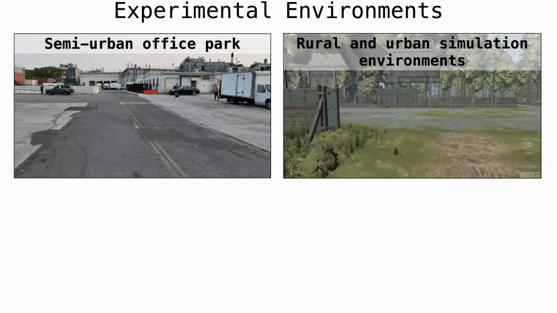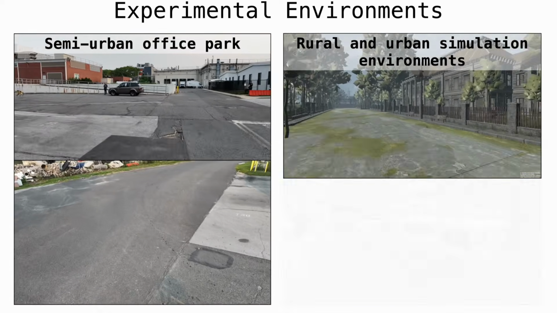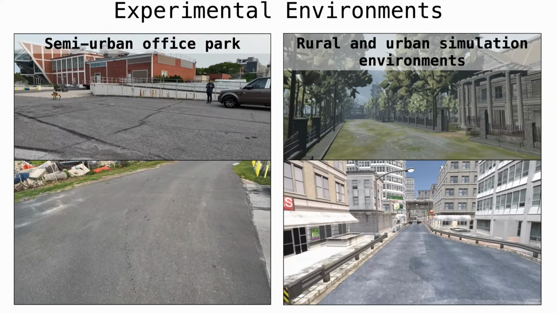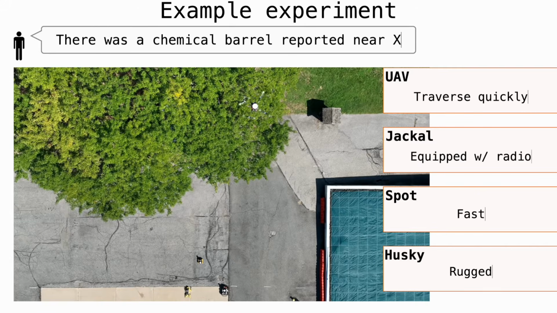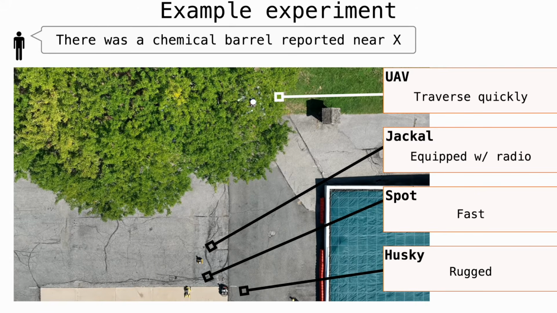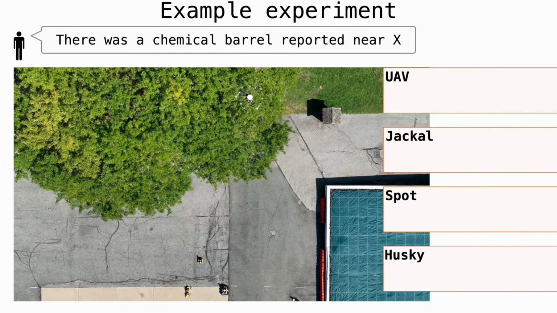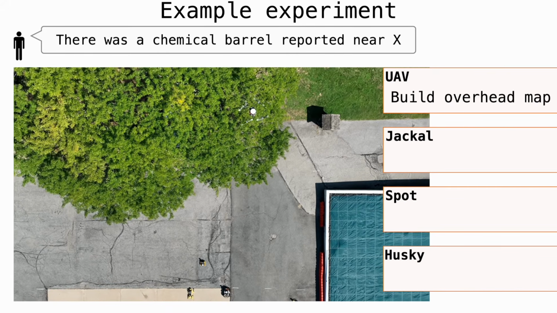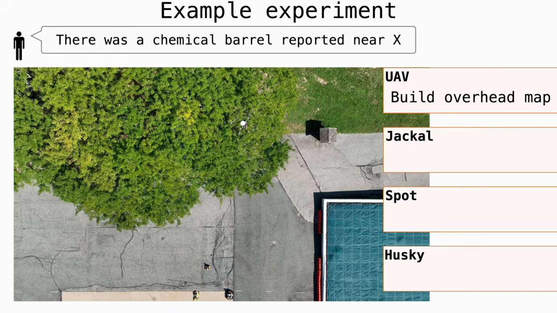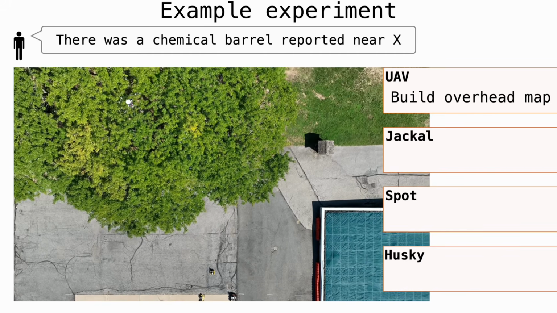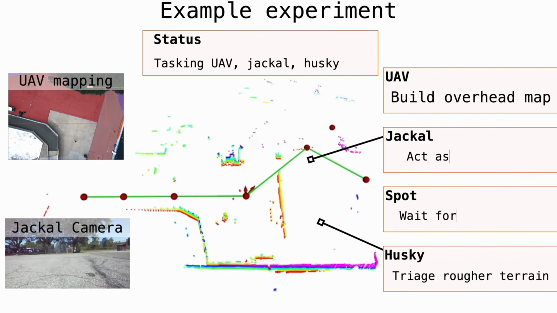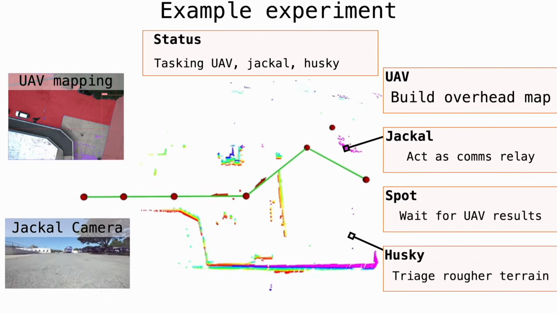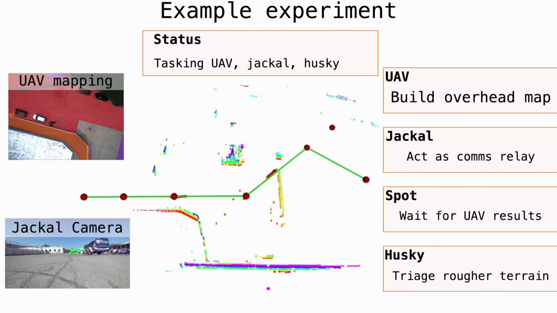We evaluate our framework in a semi-urban office park and rural and urban simulation environments. We walk through an example experiment where a team of a UAV, Jackal, Spot, and Husky is tasked with locating a chemical barrel. The planner sends the UAV to build an overhead map of unknown regions that are relevant to the mission. Concurrently, the planner tasks the Jackal to act as a communications relay and the Husky to triage rougher